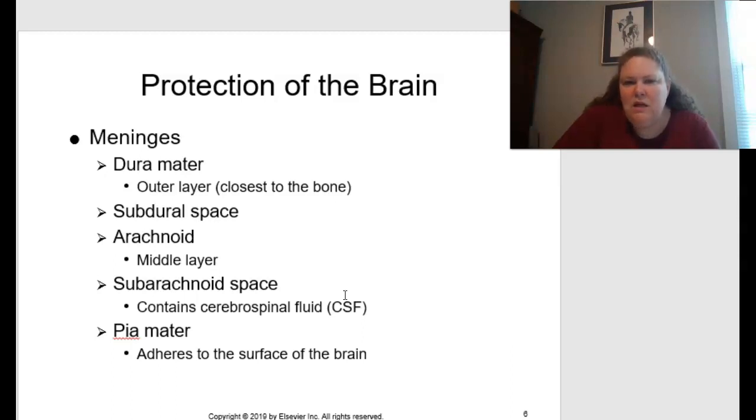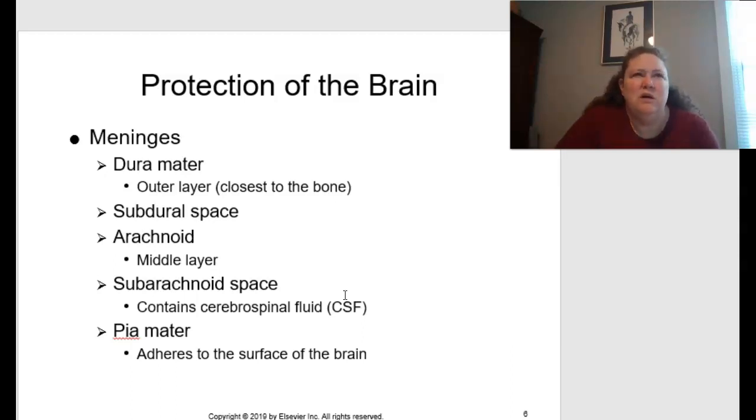And so this would be the outer layer, which is the closest to the bone. Then you have your subdural space, sub meaning under. So subdural space would be underneath the dura. Then you have your arachnoid, and this would be that middle layer, and it's kind of webbed. That's how I think of it, like arachnoid is like a spider web. So it's an arachnoid membrane, and it's more like